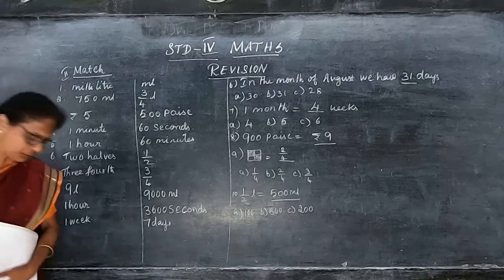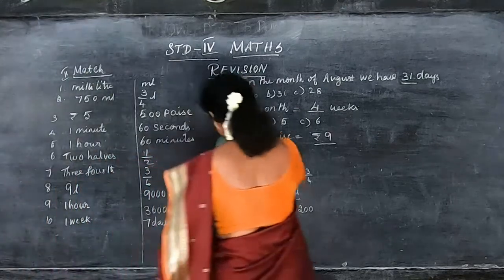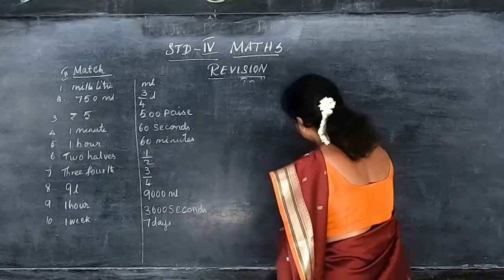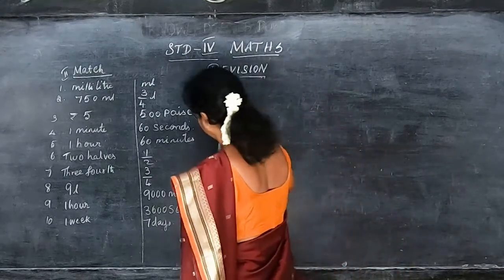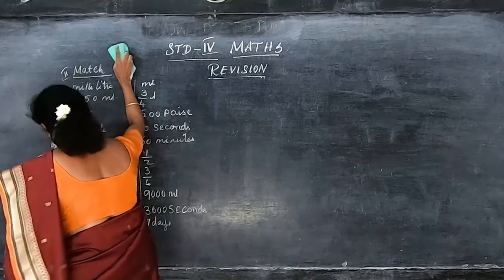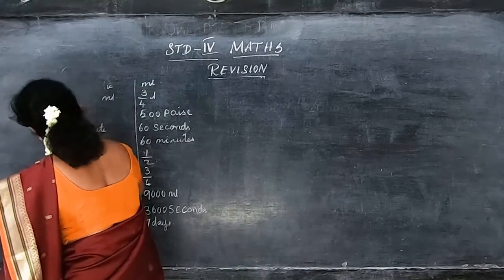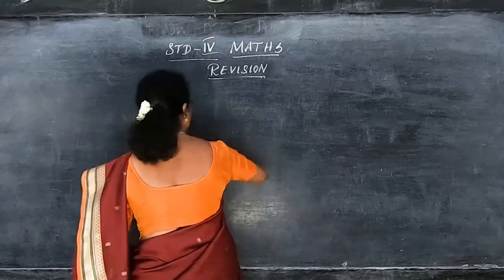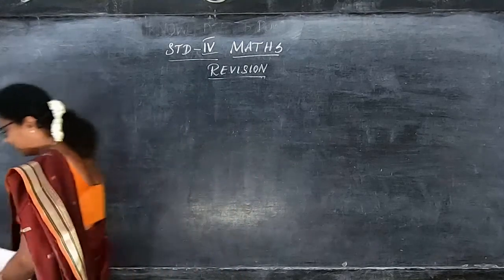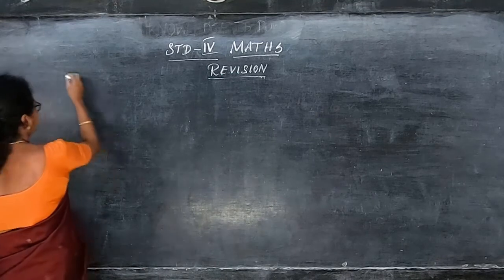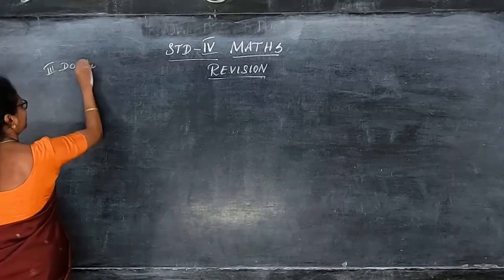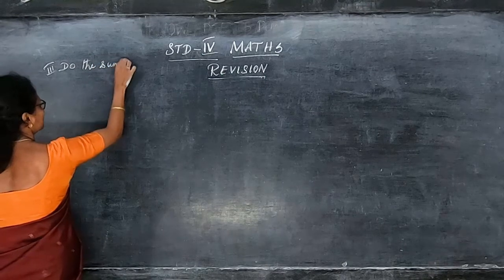Now we will go on to do the sums. Small sums I am going to give. So that also I will do with the answer. I will put everything. Okay, so copy down everything. So 10 match I gave. From this only we are going to give all this. So go through this. Do the sums daily, children. Now the third Roman letter is do the sums.